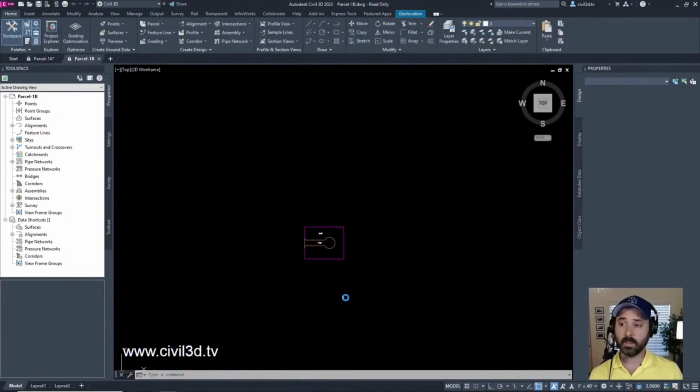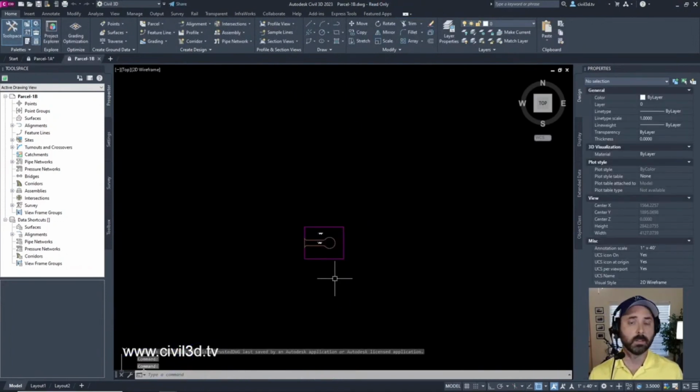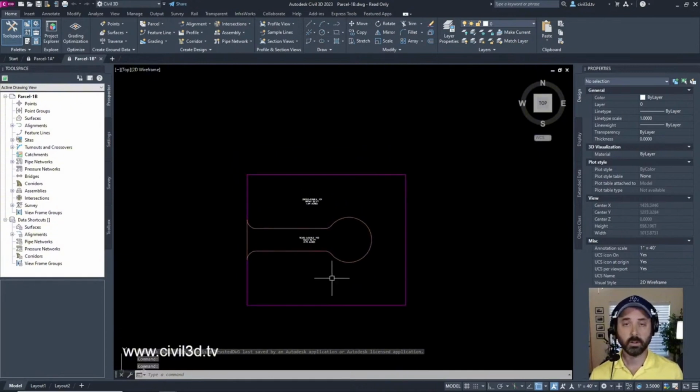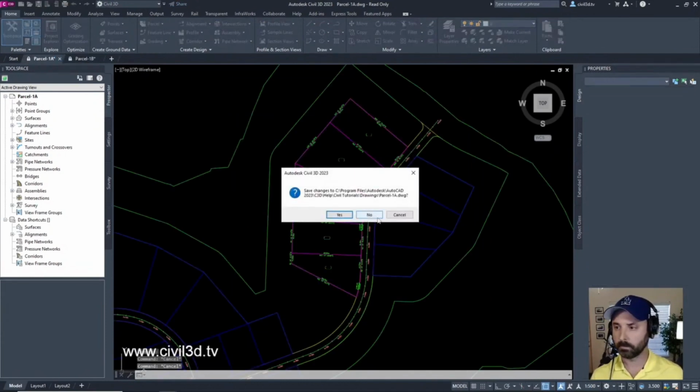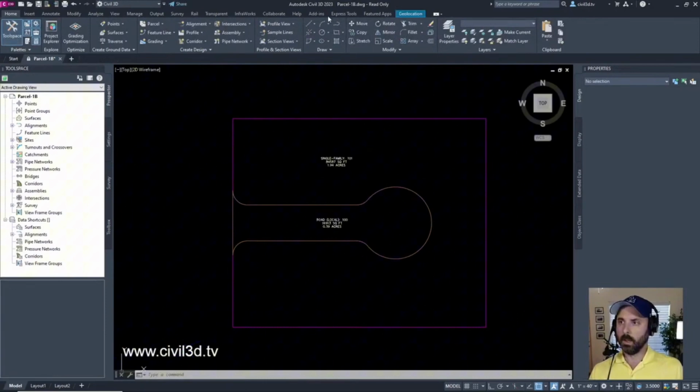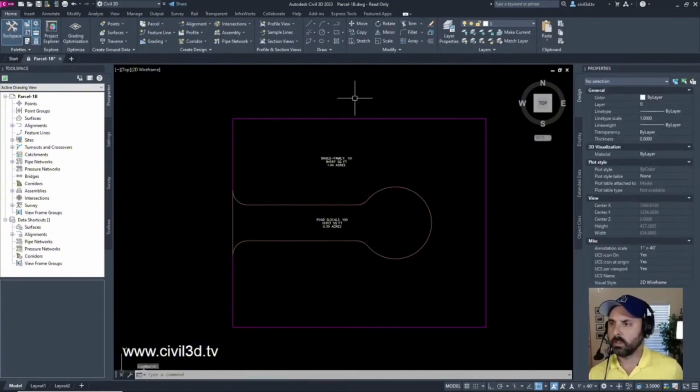And again, a lot of the exercise files that I'm dealing with just come from the pre-installed exercise files that come with your copy of Civil 3D, if you're ever wondering where I'm pulling this stuff from. All right, parcel-1B. That's the drawing that we're in right now.